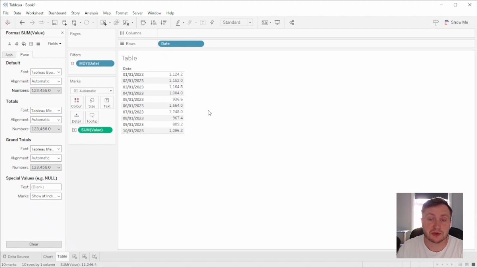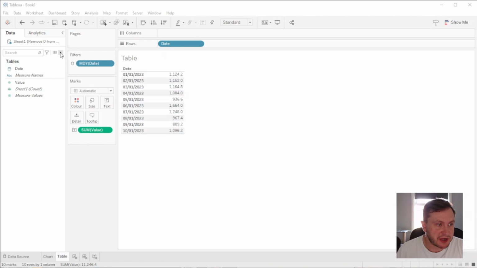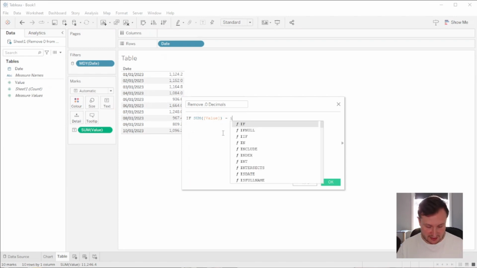So instead, we can write a calculated field to pull through this value and round it if it's a whole number, or pull through that decimal if it's not. So let's build that calculated field. We're going to click on the drop down menu here and select create calculated field. We're going to call this remove 0.0 decimals. To start off with, we're going to do an IF statement to check what the status of this figure is. So if the sum of my value minus INT of the sum of value is less than